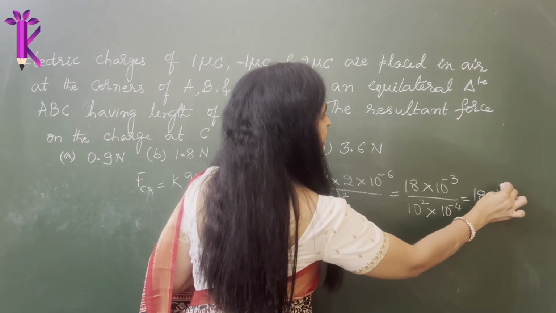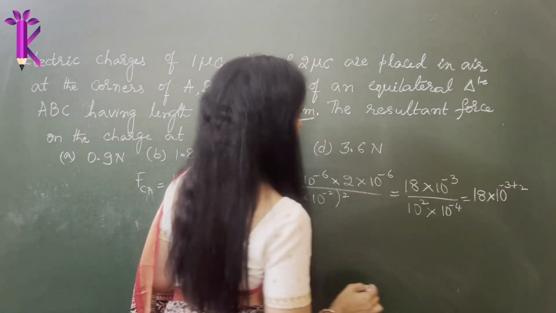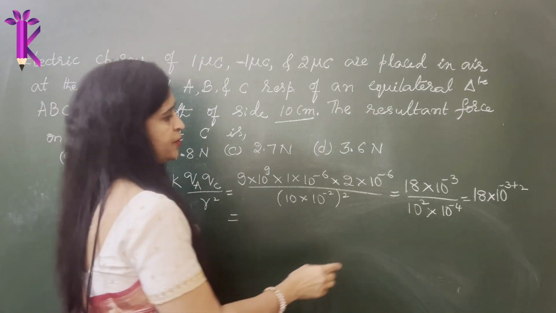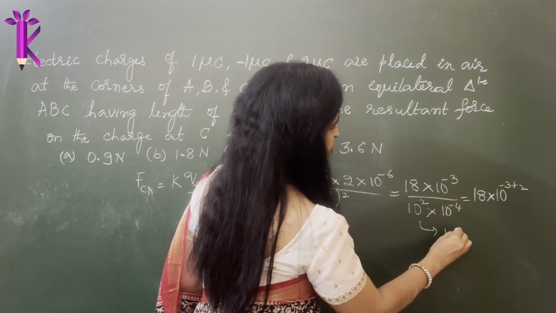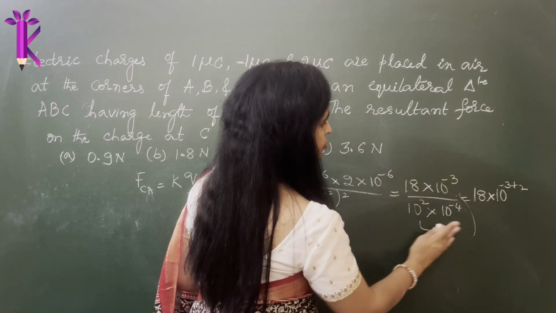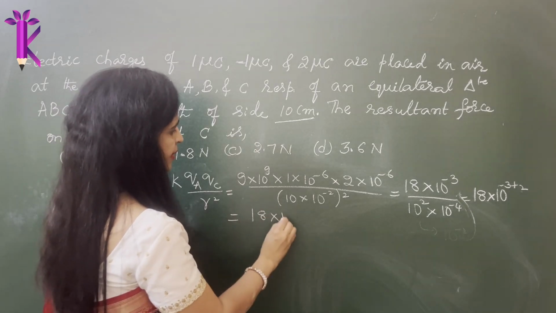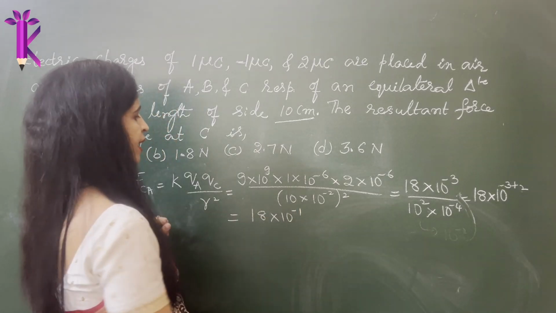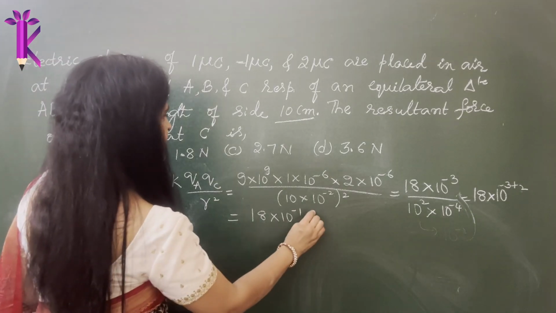So 10 power minus 3, when it comes to the numerator, it becomes plus 2, right? I hope you get it, because this part is 10 to the power of minus 4 plus 2, which is minus 2. When minus 2 goes to the numerator, it becomes plus 2. Got it? So therefore, it has to be 18 into 10 to the power of minus 1 Newton. You can also write it as 1.8 Newton. Similarly,